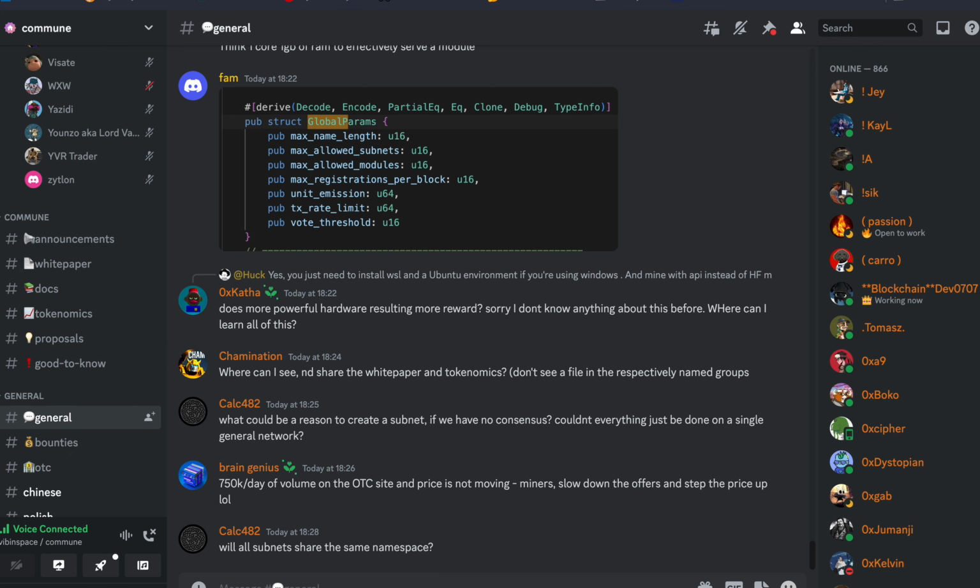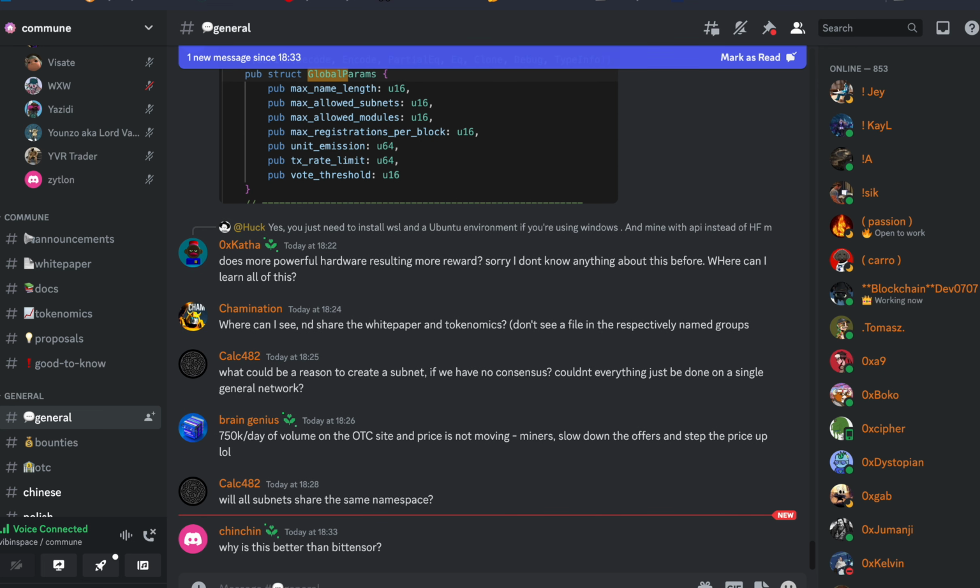But yeah, we don't need subnets. I think subnets are only useful if you want something very specialized, and if you want a lot of modules to coordinate amongst that, you can have a special subnet to do something specific if we're not doing it correctly. But I would argue that our staking system will be more intuitive. I don't think subnets are intuitive to users, which is why I try to avoid them.